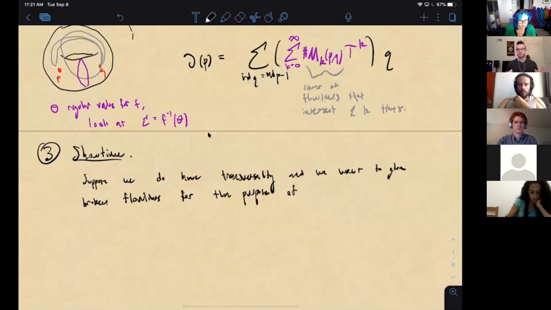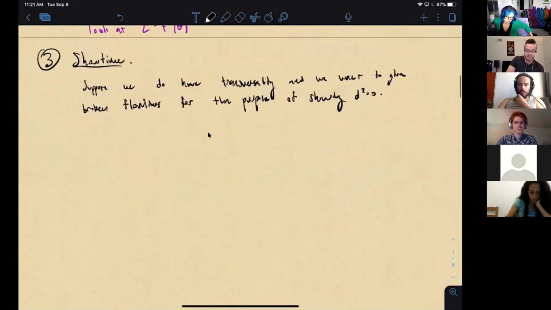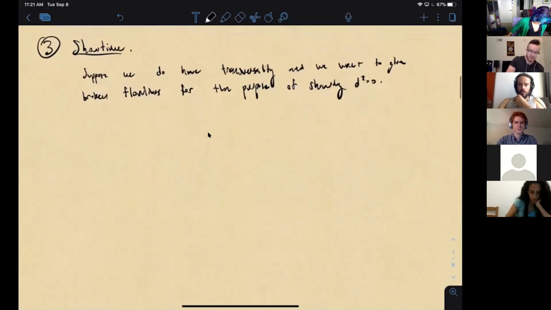I'll do a situation where we do have transversality, and then next week, Austin's going to turn it up a notch and talk about how to apply the techniques that I do here to a non-transverse scenario. So in particular, what we're working with is, let's say we have critical points P,